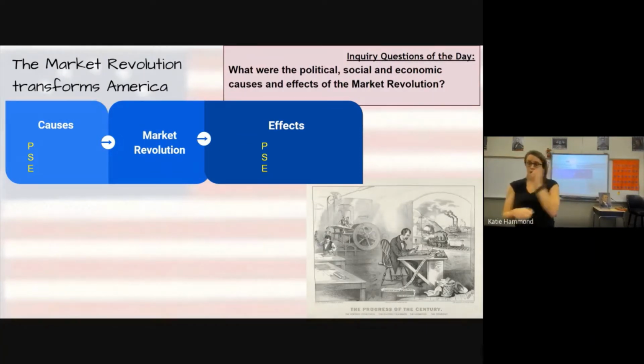Okay. All right. So we are going to do half of chapter 11 today. It's basically like your market revolution. We've talked about some market revolution already with like Lowell, the railroads, the National Road, the American System, all that kind of stuff. Today we're going to finish that market revolution. Okay. So here's the standard for it.